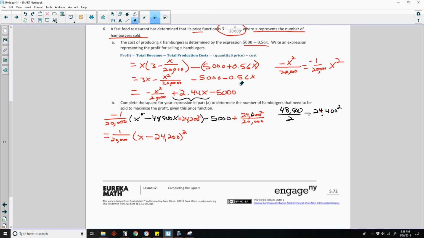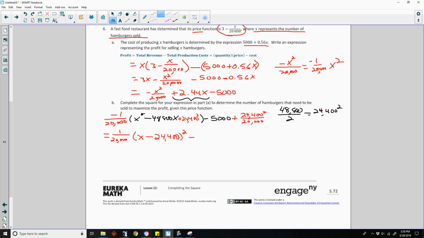Let me do it in red. And this is 24,400 squared. And this is 24,400 squared minus,